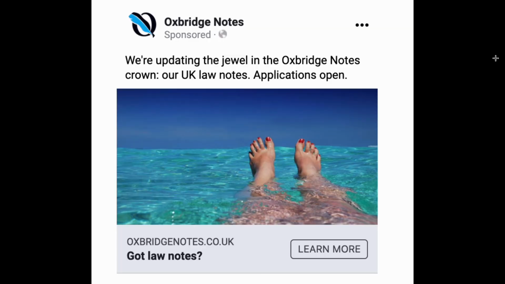Another strategy that I've found to be very, very helpful when writing headlines that get clicks is to specifically identify and call out your target reader, your target advertisee within the headline. For example, in Uxbridge Notes, when I wanted to reach law students, some of my headlines literally said, "Hey, are you a law student?" or "Do you have law notes?" The big idea here is to signal loud and clear via your headline that this ad is going to be